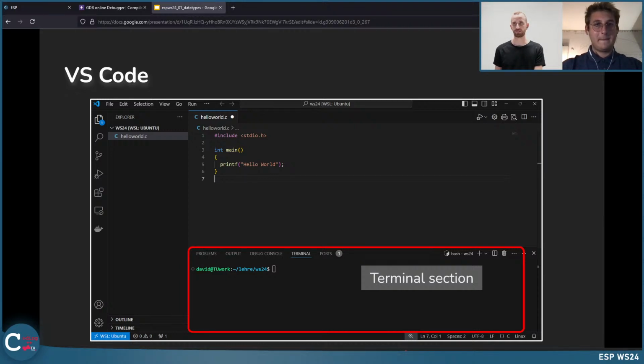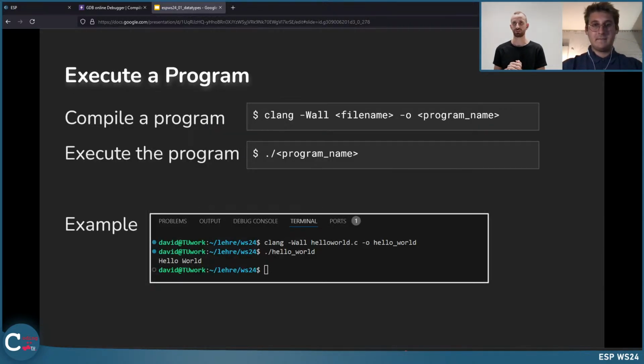And when we want to execute a program, we have to do something like this. We have two steps, basically. The first one is, in C, we need to compile a program first. Compiling means, in very general words, you have this source code file, which is human readable, or at least programmer readable, and you have to convert it to a machine readable file. And this is what the compiler does for us. So it converts the source code file to a machine readable file so that the computer can read it.